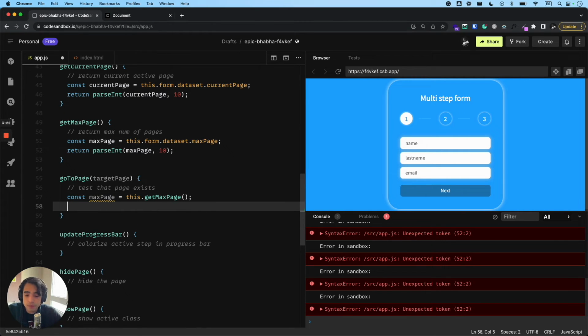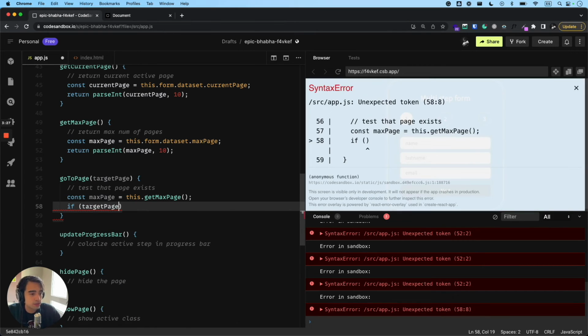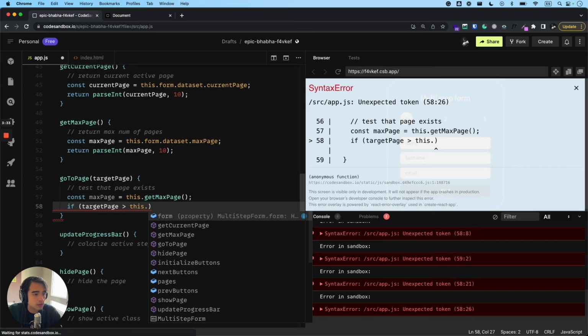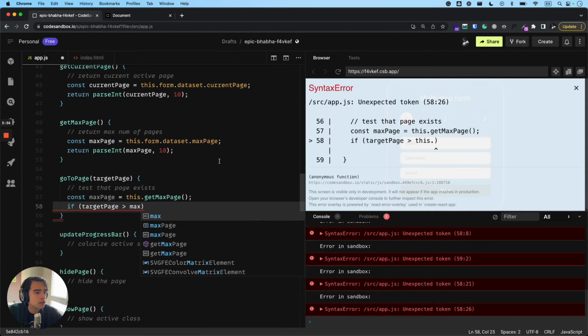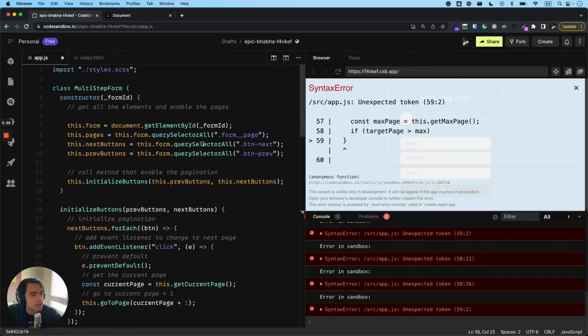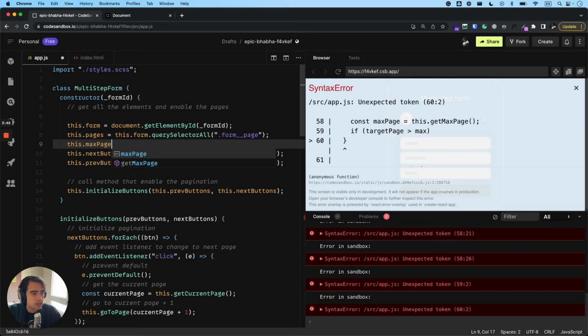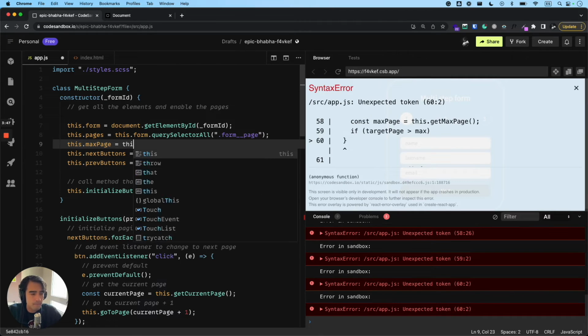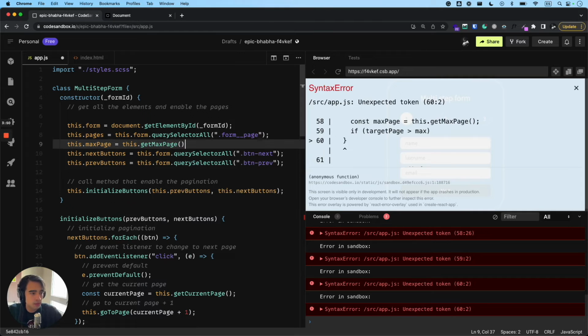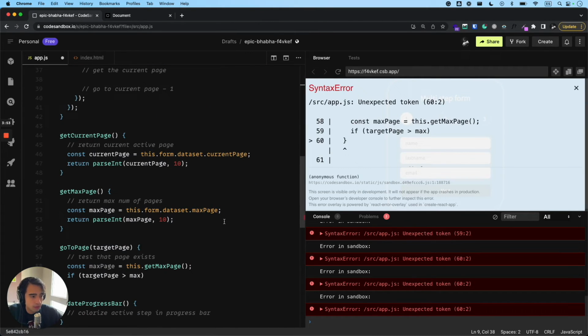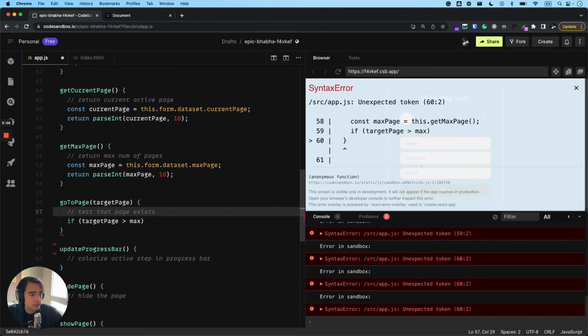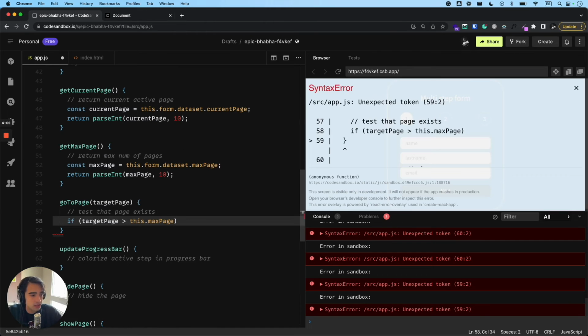Okay, so first of all, if my target page is bigger than max page, wait, did we actually set the max page? All right, we should probably set it up here, so that way it's easier. This max page equal this get max page. There you go. So that way we don't have to actually bother doing this right here. There you go. So if this max page is bigger than this max page like this,